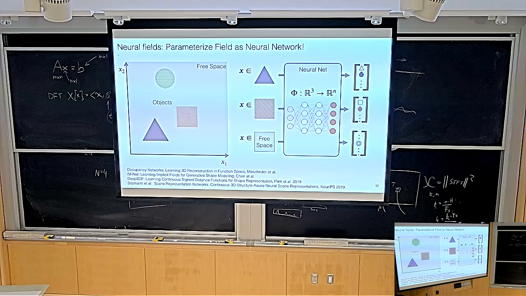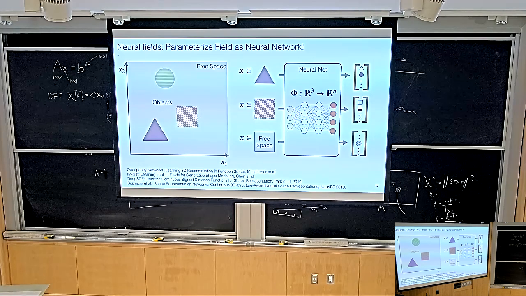Voxel grids are huge, so it's really expensive to store voxel grids, so that's not good. But we have these universal function approximators recently, since 2012. So can we parameterize our function as a neural network? You literally say, okay, the signed distance function, we're going to parameterize it as a neural network. It takes a 3D coordinate as input, and as output, it gives you a single scalar, which is the signed distance of that point.